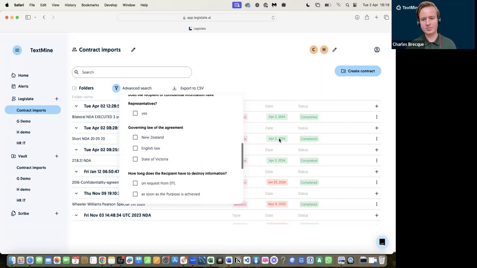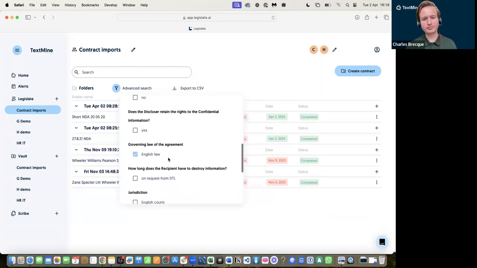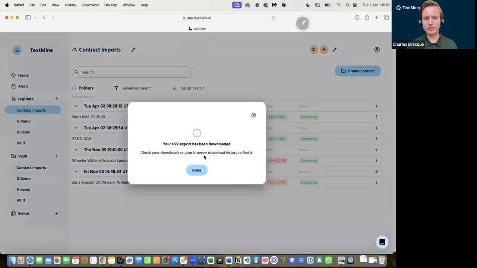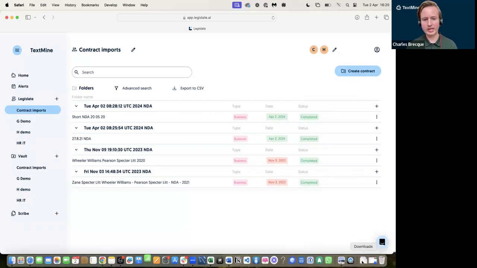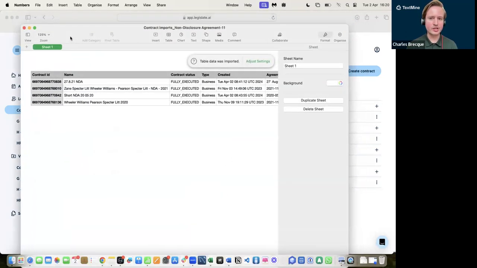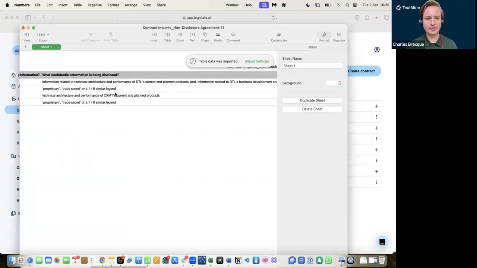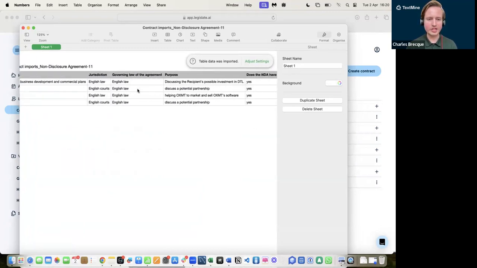So it's on the one hand updated the list of NDAs behind us, but it's also updated the filters. And then we could say, yep, I want to see all the NDAs with a 3-year confidentiality term governed under English law. And it's narrowed that down even further. And then if ever we wanted to report on that data to the rest of the stakeholders in the business, we can then export a CSV, and that CSV then contains rows where each row corresponds to a document, and then we have the data that's been extracted, as well as the party information.